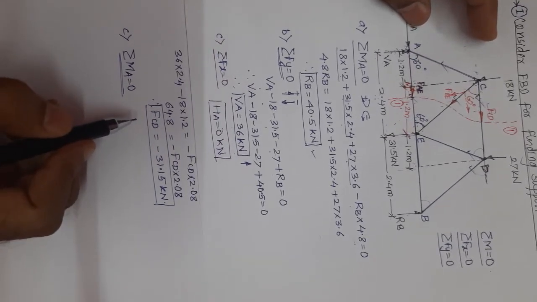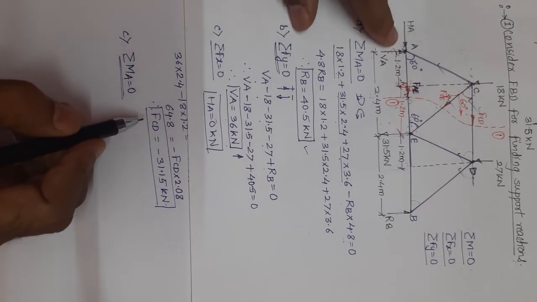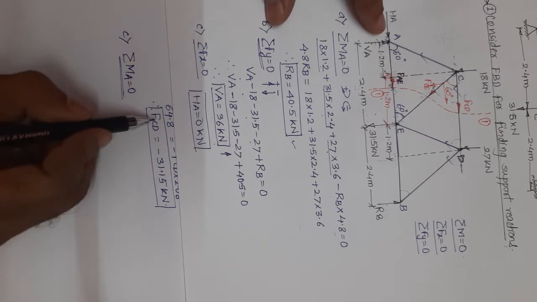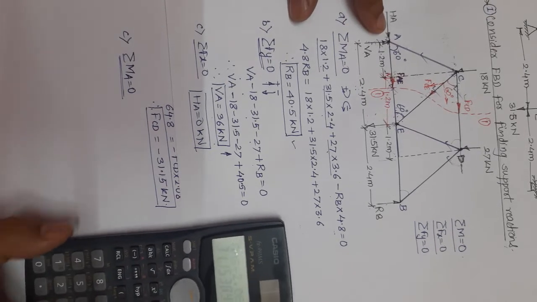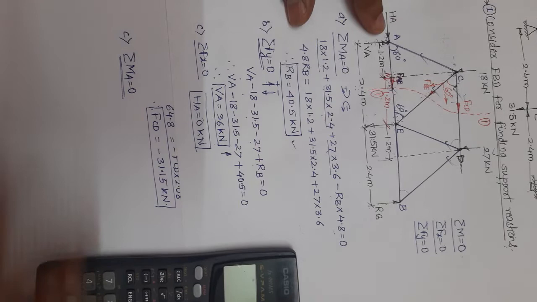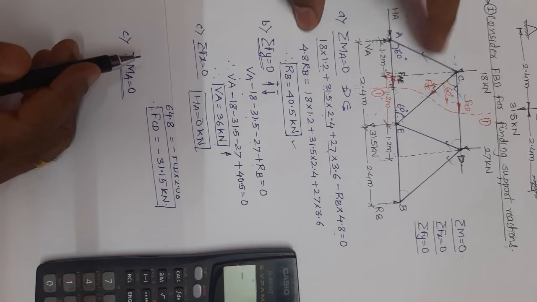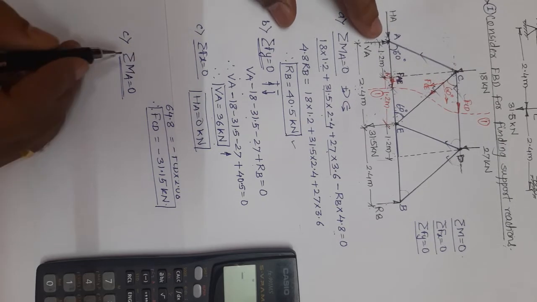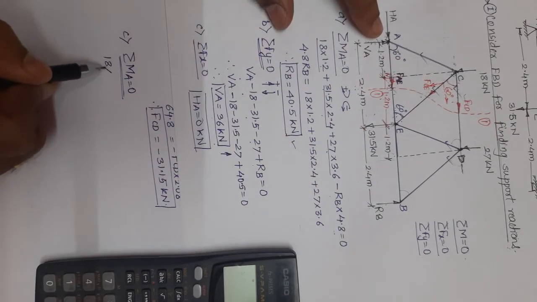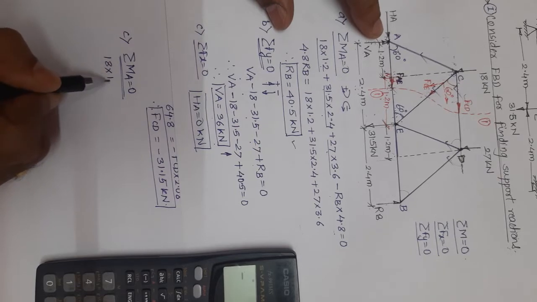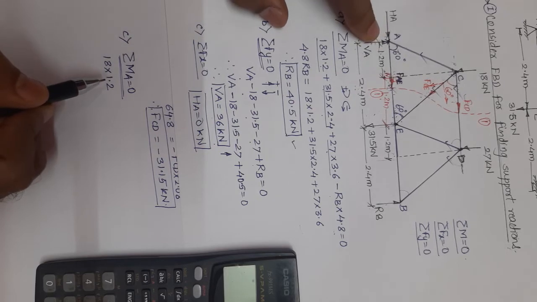Taking moment about A. So what are the values at A now? Let us see what are the values. We take moment about A. Everywhere the things will be the same: clockwise positive, anti-clockwise negative, same everywhere. Alright, let us take moment about A now. Which forces? These two are gone. Now first this 18 will come. It will become 18. This is clockwise. So plus 18 multiplied by the horizontal distance, 1.2, from A we have to check. Okay, that is one thing covered.